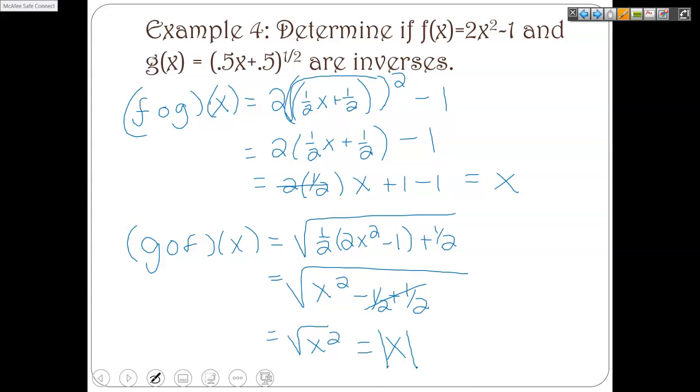Your homework is next to finish the packet. It's easier to finish. So you're graphing and